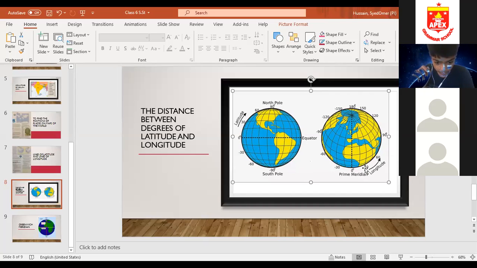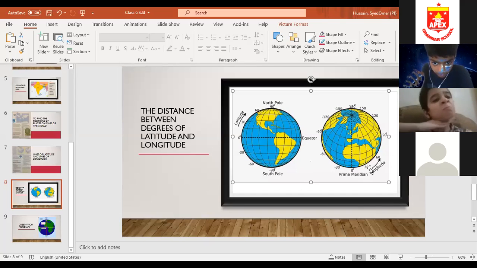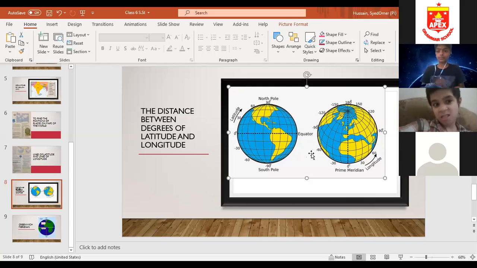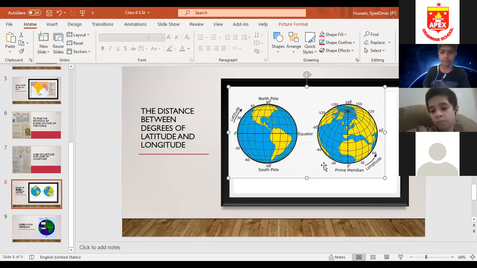Now the other lines of longitude are on the east or west side of it. As you can see, either the lines are on the east side or on the west side. Students, listen attentively. All these lines are stretching to the east side or the west side. So we have put their numbers by east or west.